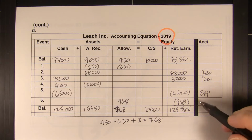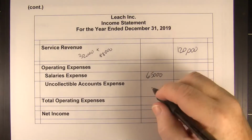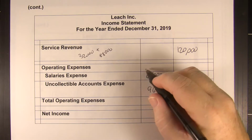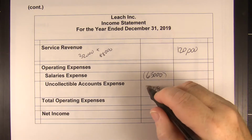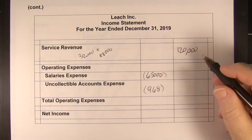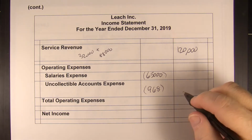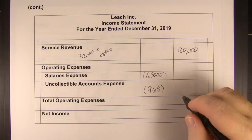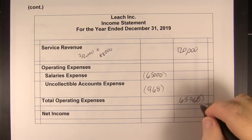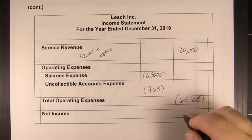Back here, okay. $968. And you can make these negative if you want. It doesn't really matter because you know that when it comes here, revenue minus expense is income. So our total operating expenses here are $65,968. And when you subtract that from $120,000, we come up with